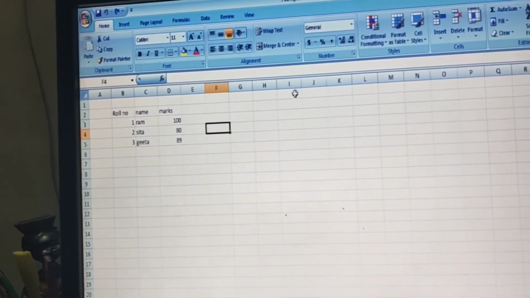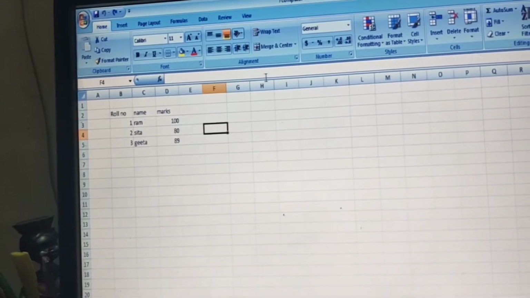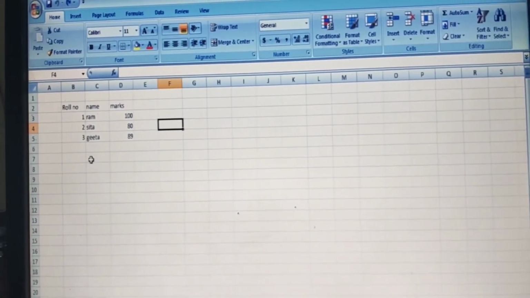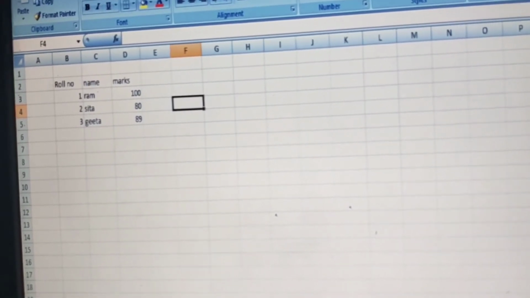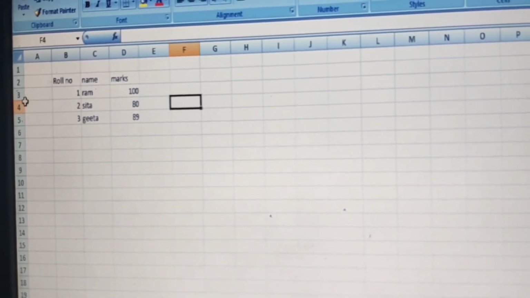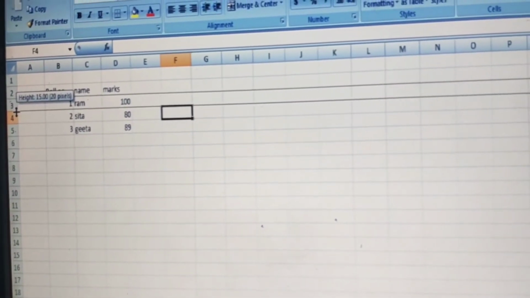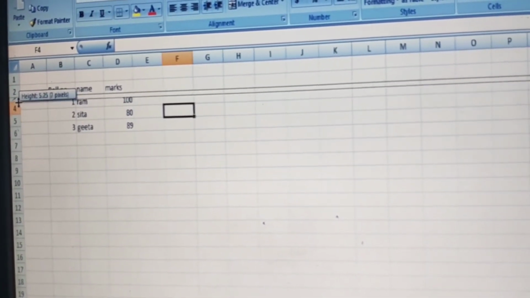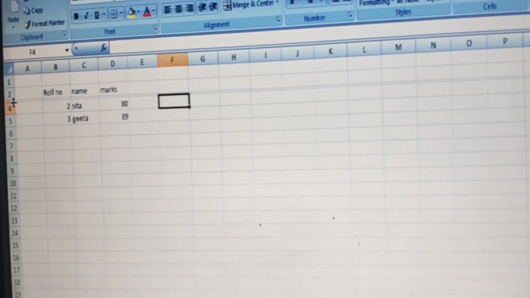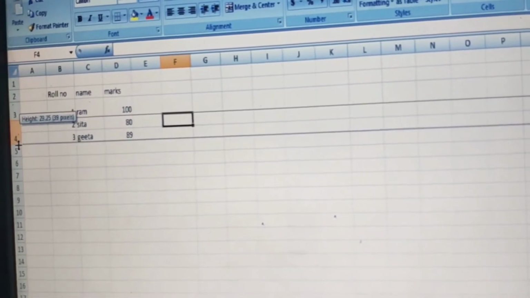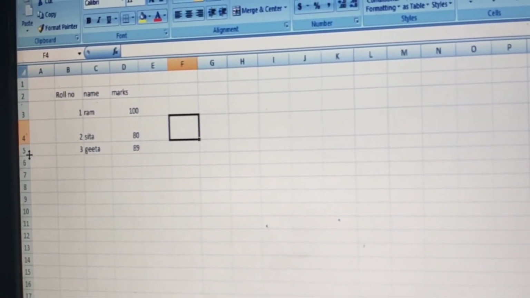Another thing is to change the row height and column width. To change row height, simply keep the mouse pointer in between the two row headings and drag up and down, as much as you want to increase or decrease the height. It's completely up to you.